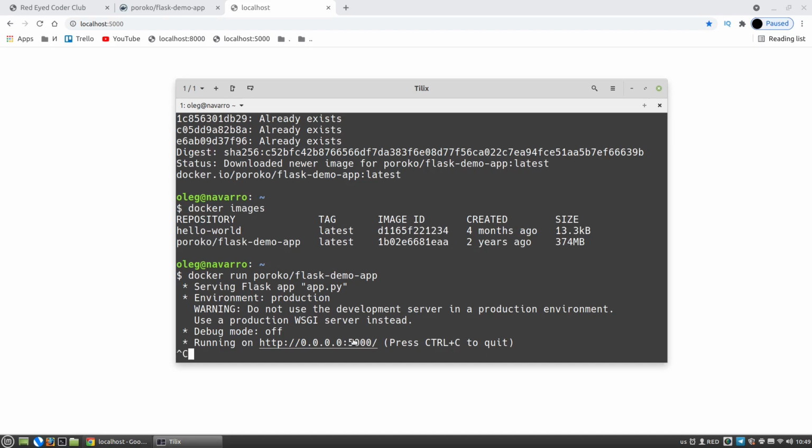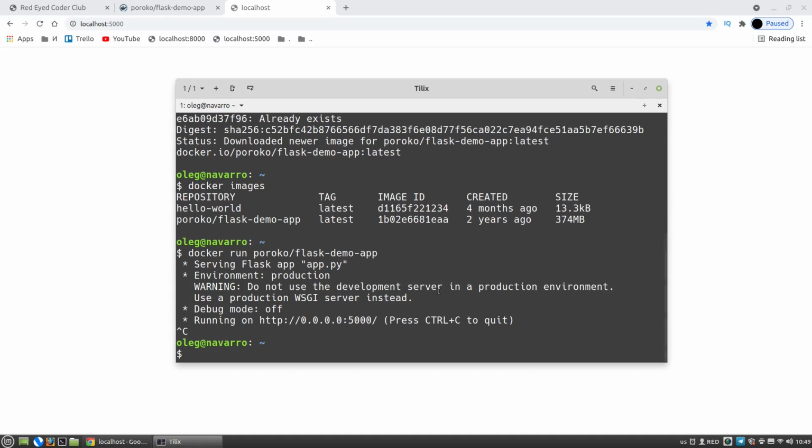So Ctrl+C to stop the Docker container. And let's modify our command. Docker run, then -p, that means port.